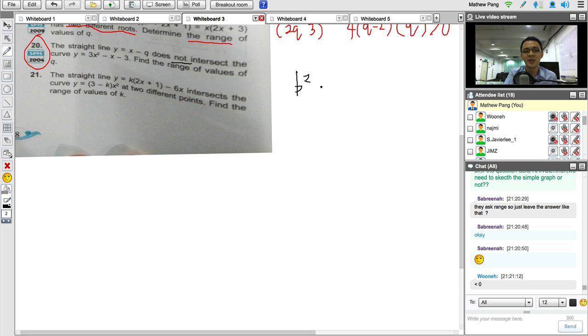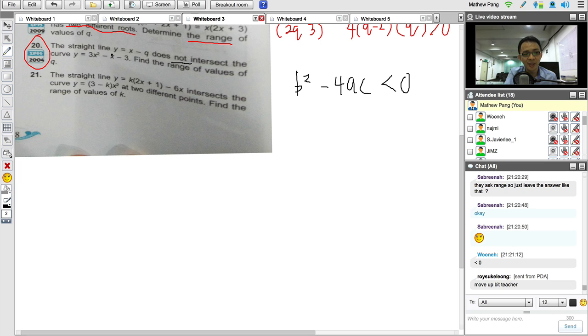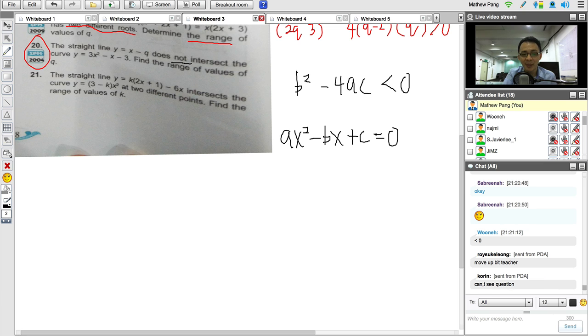So a lot of students know b squared minus 4ac less than 0. This is nothing special. But what a lot of students do not know is that you actually need to substitute this equation into the other equation. Because what? You must get the general form, ax squared plus bx plus c equals 0. You will find out this one we call the general form. Inside this form, I do not have y. Do you find out that? That means in these equations, both also have y, right? So in order to make my equation not have y, I just substitute the,